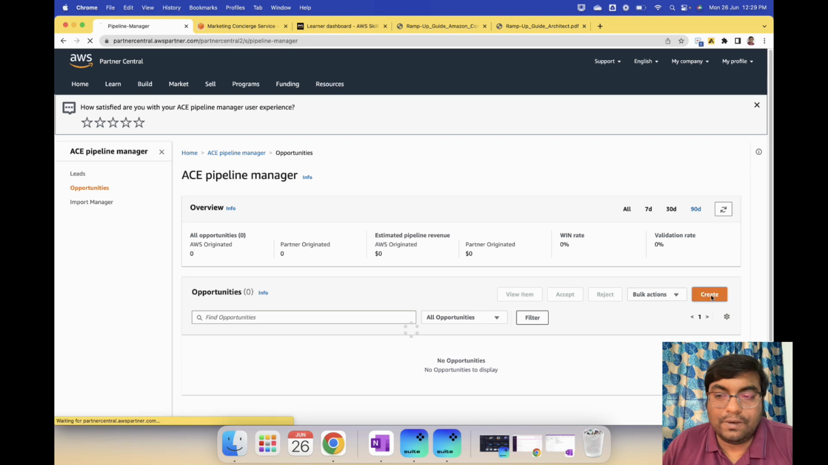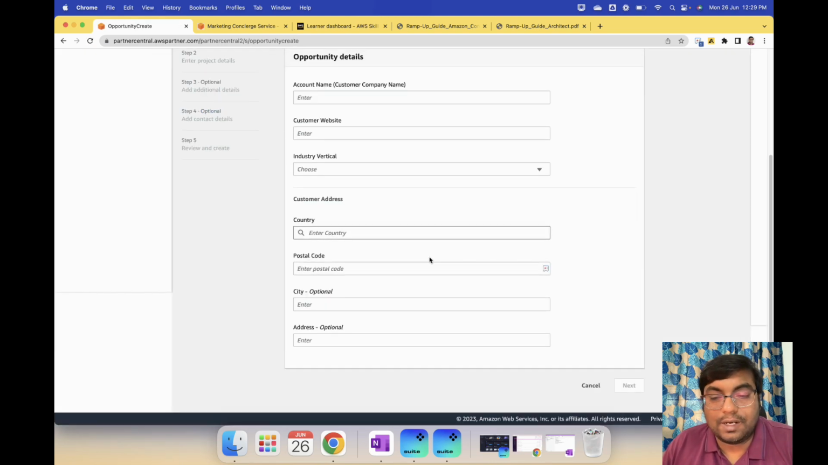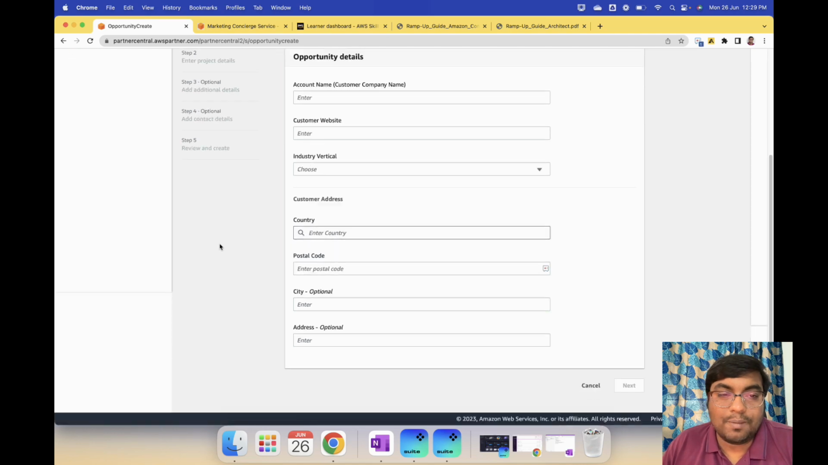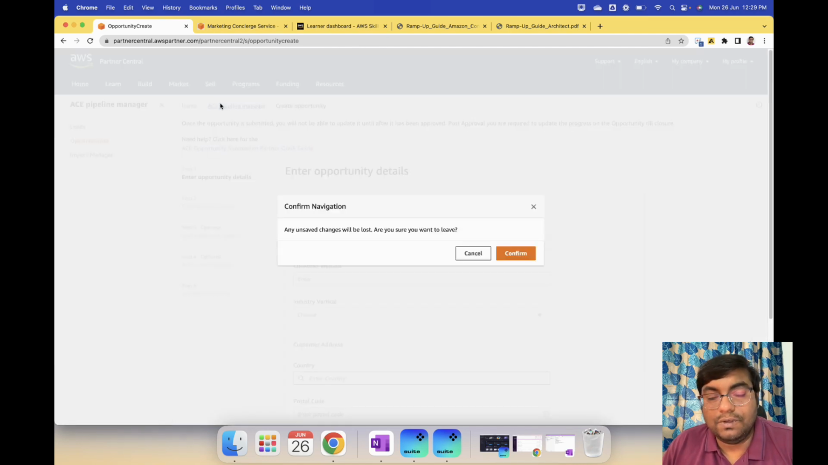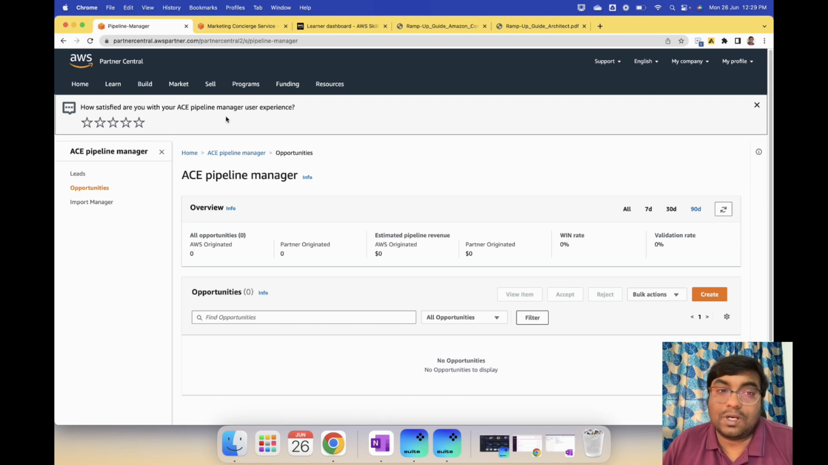This is the graph, and this is how you create an opportunity, like what is happening, what the customer address, country, everything is. Then you type the project details and other details, and you create an opportunity that AWS will review, and they tell you if they approve that opportunity or not, for other things like